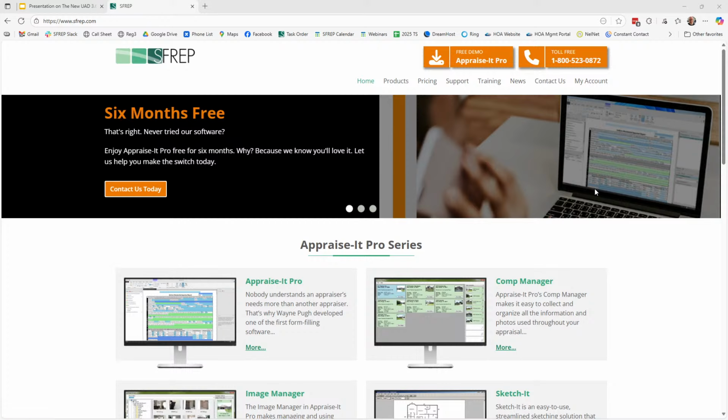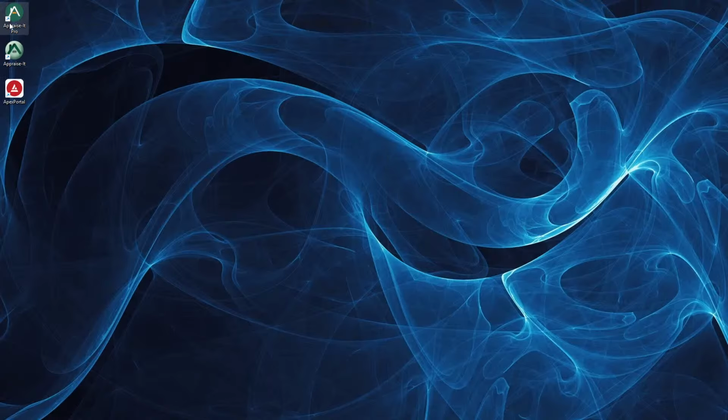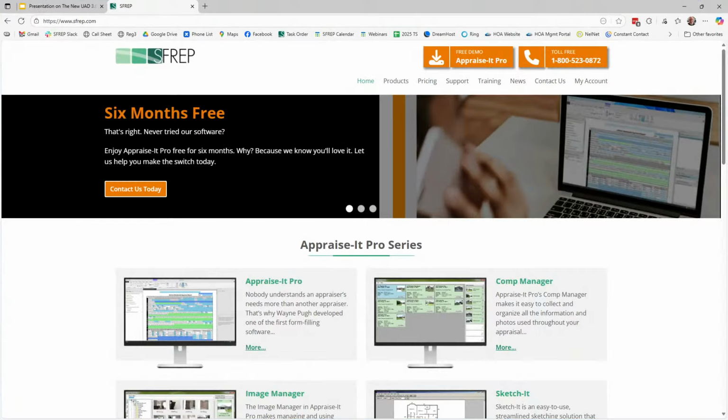It's going to automatically start a download, save that install file to your desktop, and then run the install. Go through the install. When you're done, it'll put an icon on your desktop that looks just like this. There it is right there. And when you double click on that icon on first run, what it's going to do